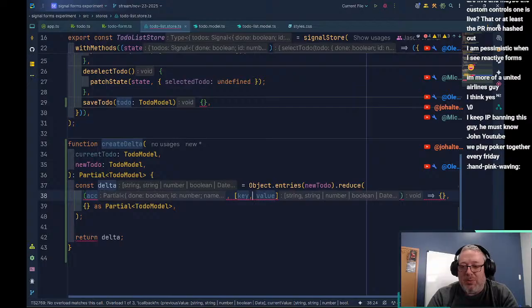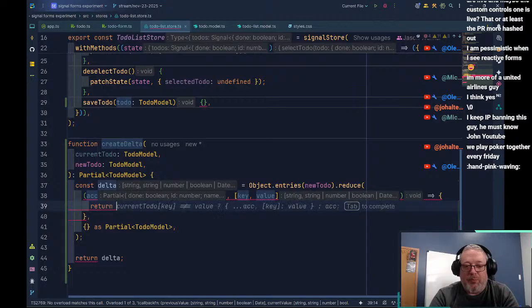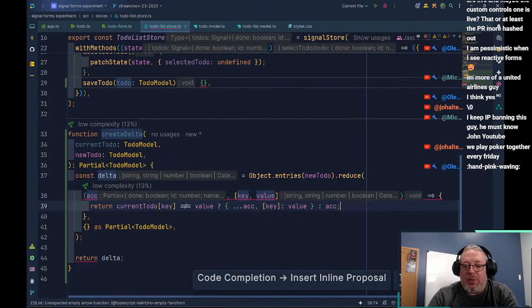String, or number, or blah, void. Oh, we're returning a void. That's the problem. We need to return the accumulator here. That'll work, actually.